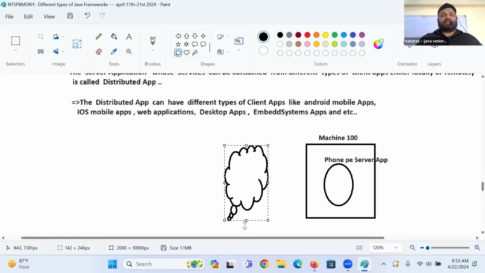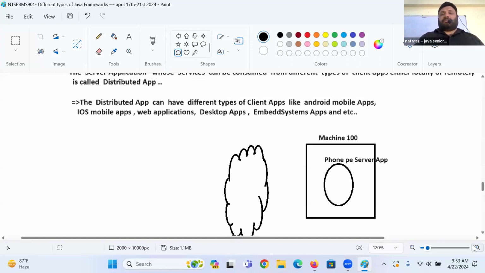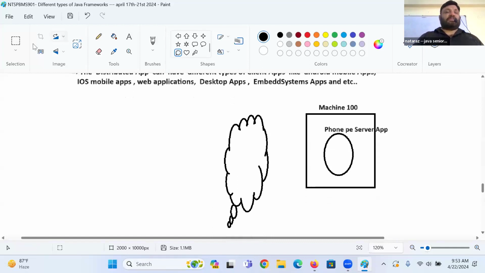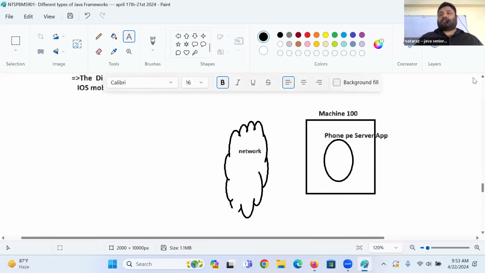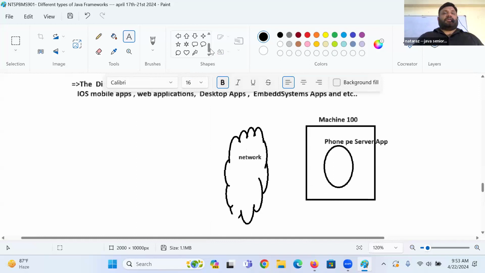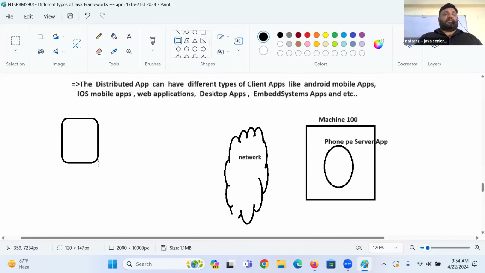Definitely there will be a network here. Here it is called the network.